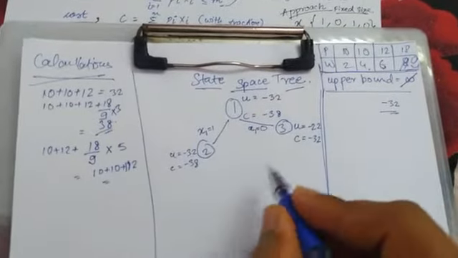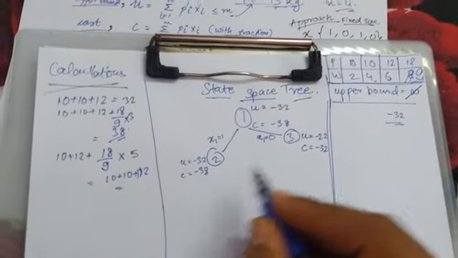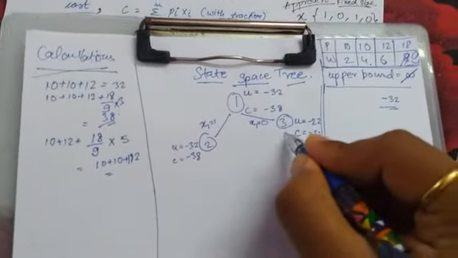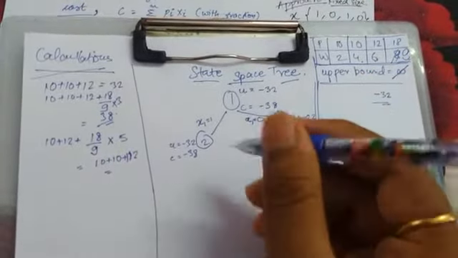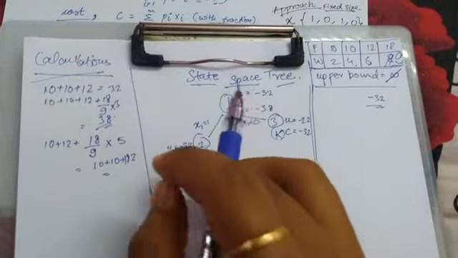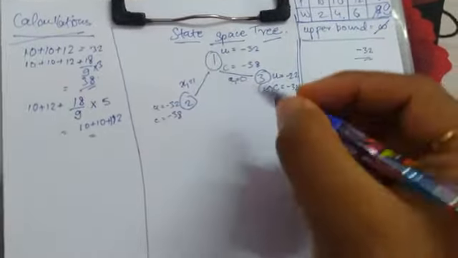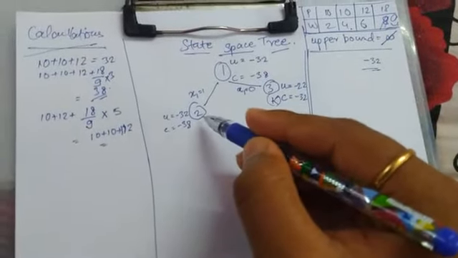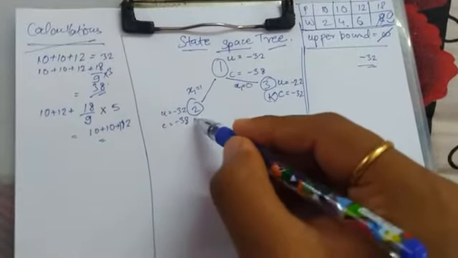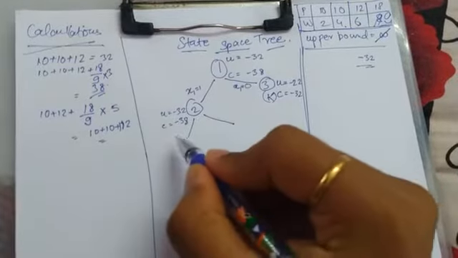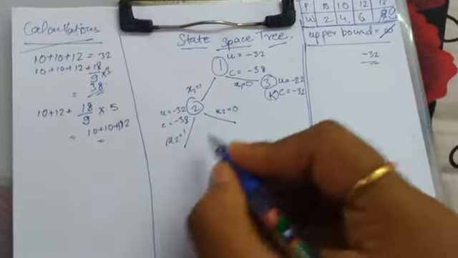Now we see that this cost is higher than this cost, negative values, right? So we will kill this node because it is a minimization problem and we have to see which have lesser cost than this, right? So now we will continue from this node to see if we include x2 or not. X2 equal to 1, x2 equal to 0.